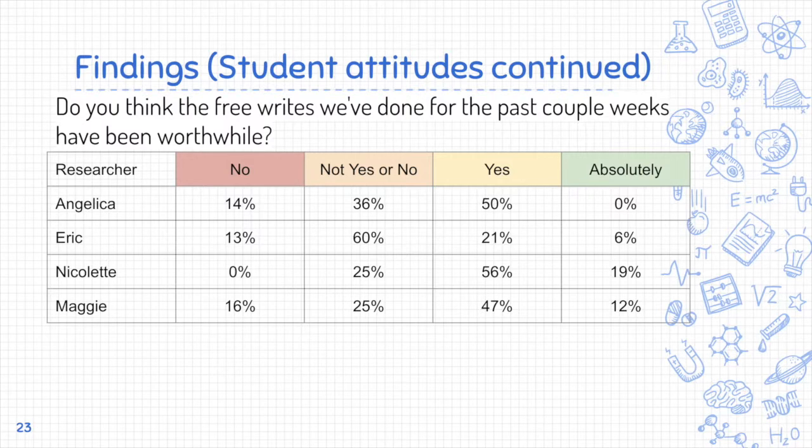So, as Eric kindly explained, some key findings in our research regarding student attitudes in the methodology analysis earlier. I'm going to be building off that data, and our research is focused on student attitudes. I'd like to introduce the remainder of our findings regarding student attitude shifts as illuminated by our post-survey data. So we asked the following question: do you think free writes we've done for the past couple weeks have been worthwhile in our post-survey of the study? And we noticed a couple things.